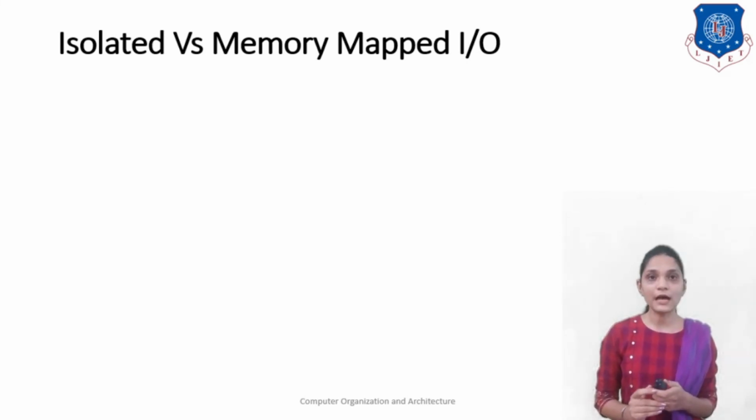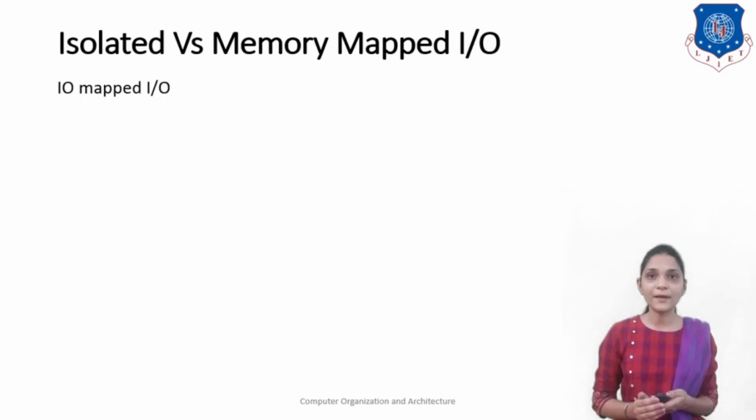In isolated IO, we are considering IO devices differently and providing an 8-bit or some fixed bit address for these IO devices. In memory mapped IO, we are considering the IO device as some memory location and using the instructions that we are using for memory interfacing or memory connection. While in isolated IO, we will use some extra instructions that are specified for these IO devices.